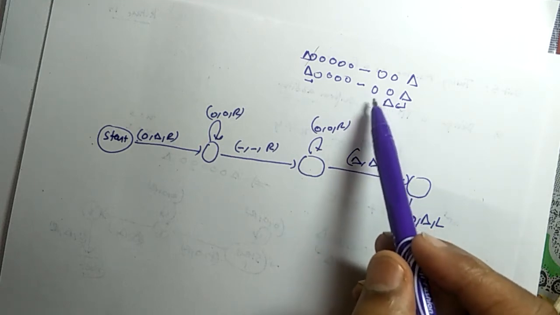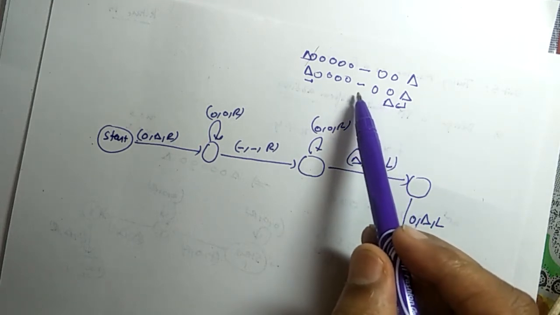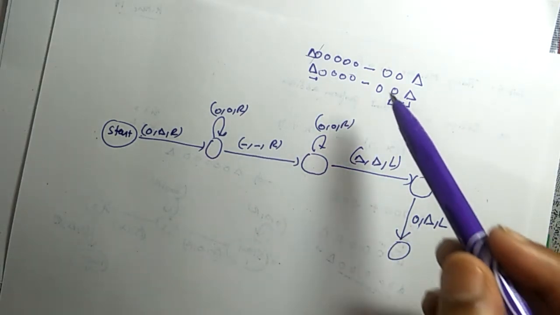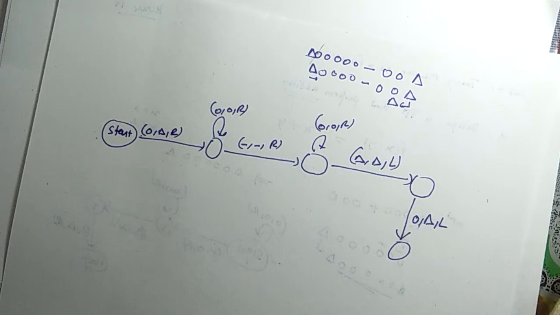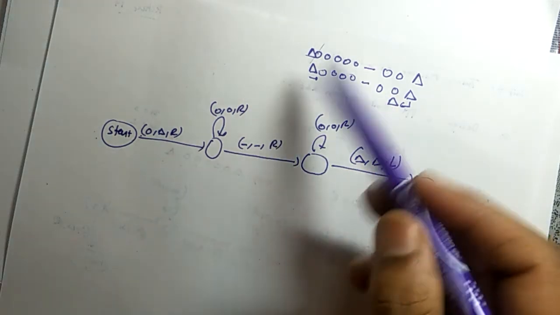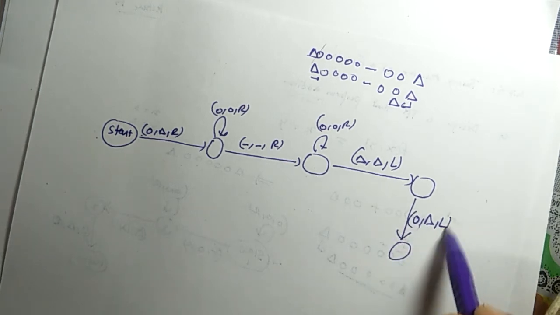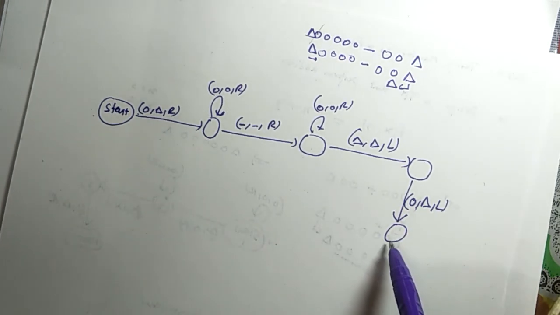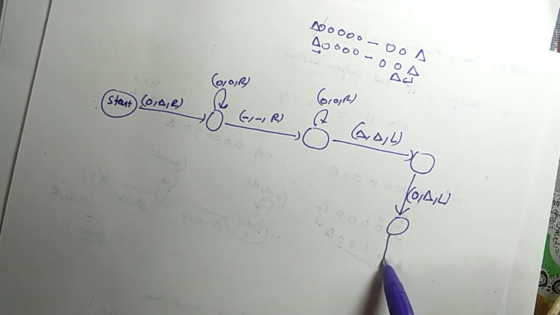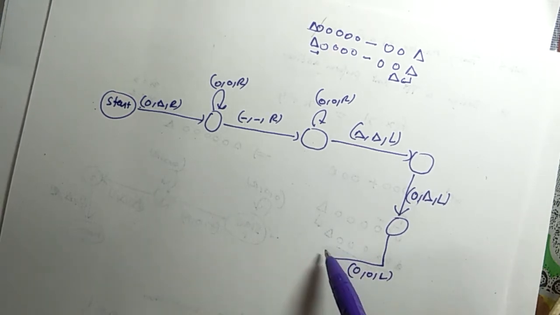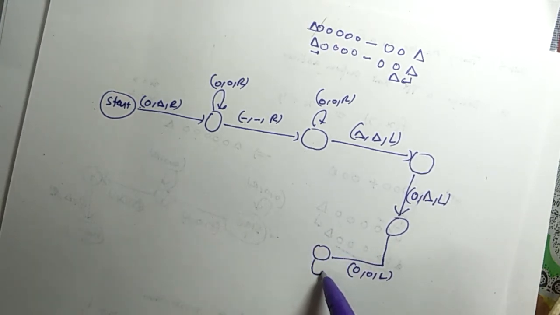Now we will check whether there is some 0 or minus. If we get the minus, it means that we have done with the procedure. If we get 0, it means that we will repeat the same procedure again. So when we move to left, we will check there is 0. If there is 0, leaving it as 0 and move to left, there may be more zeros, leaving it, move to left,